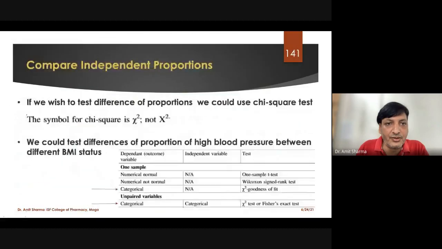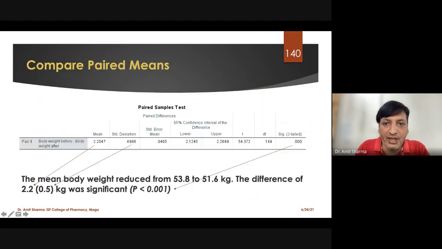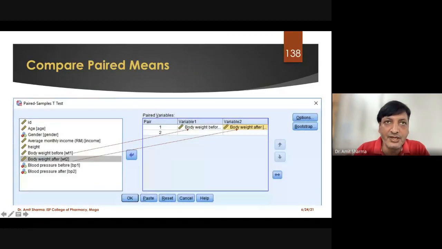So till here we have finished, and now one more thing I want to discuss. Whatever the test we have studied so far, student t-test, independent, ANOVA, and paired sample, you have quoted your result in terms of mean and standard deviation. So for example, you are referring any research paper, or you are reading the thesis of other person, and they have written their result in terms of mean and standard deviation. So you have to assume in your mind that they have applied a parametric test.